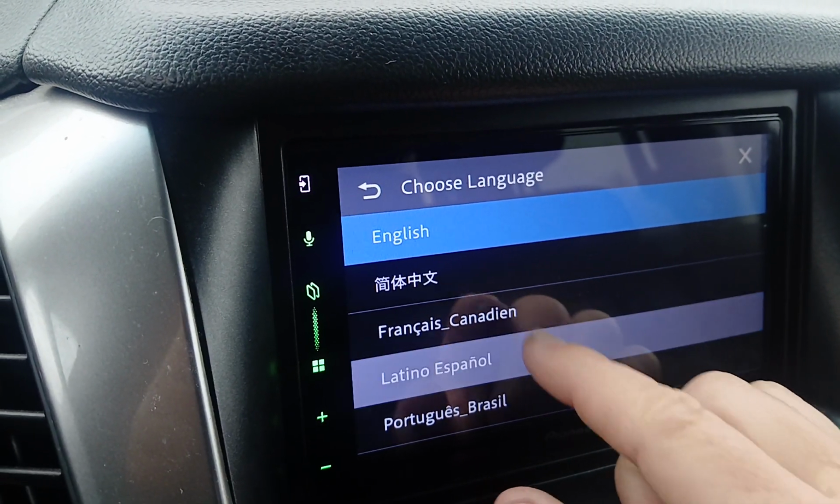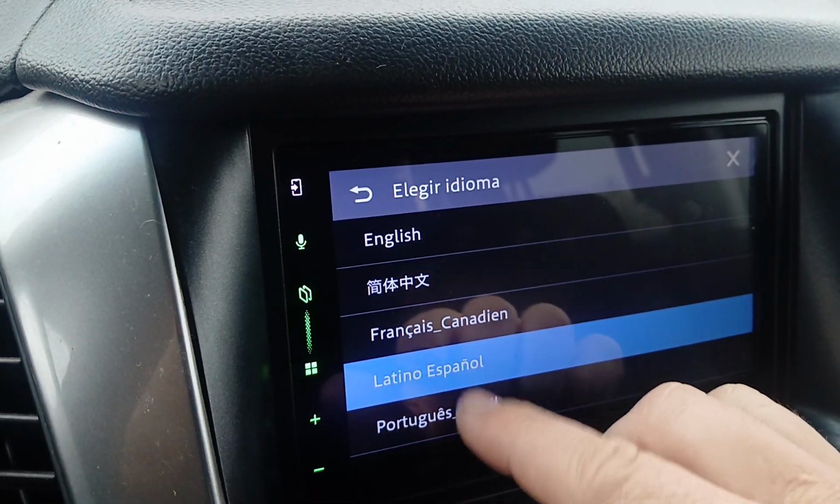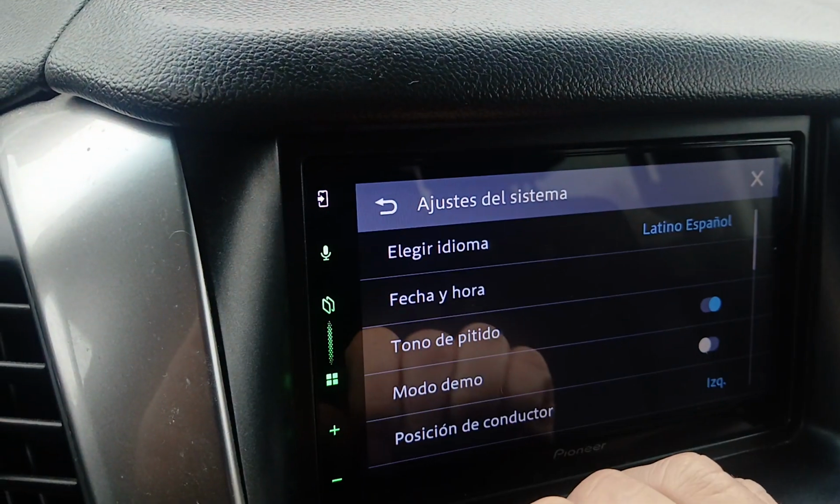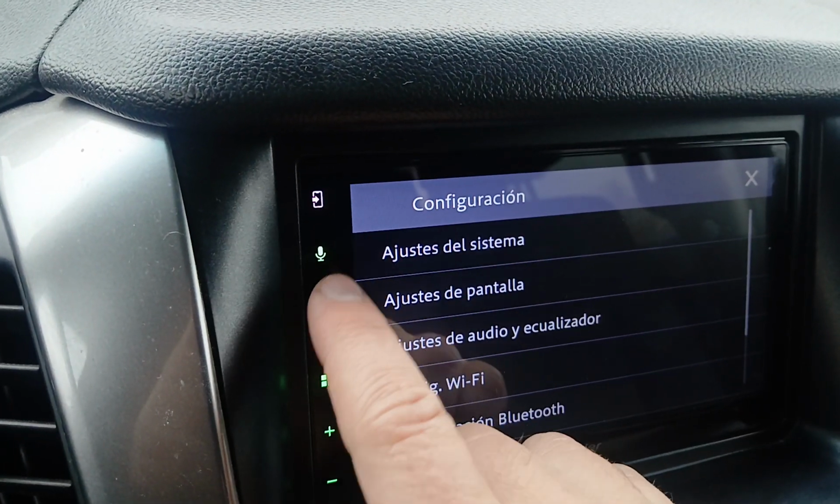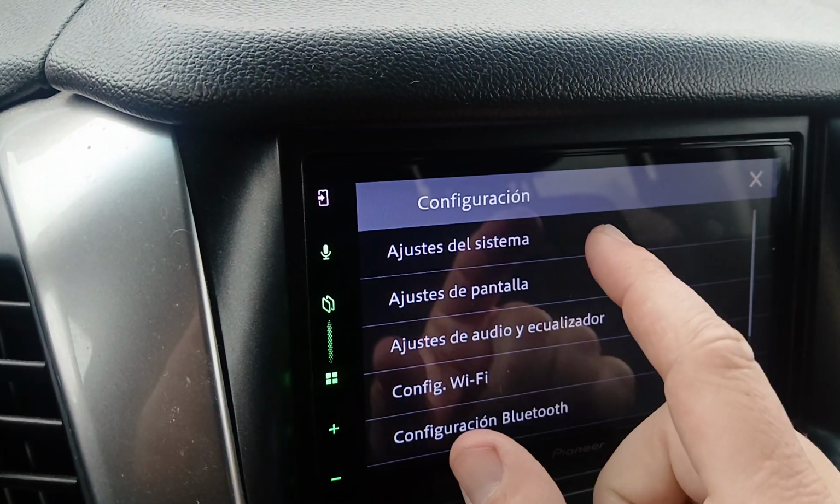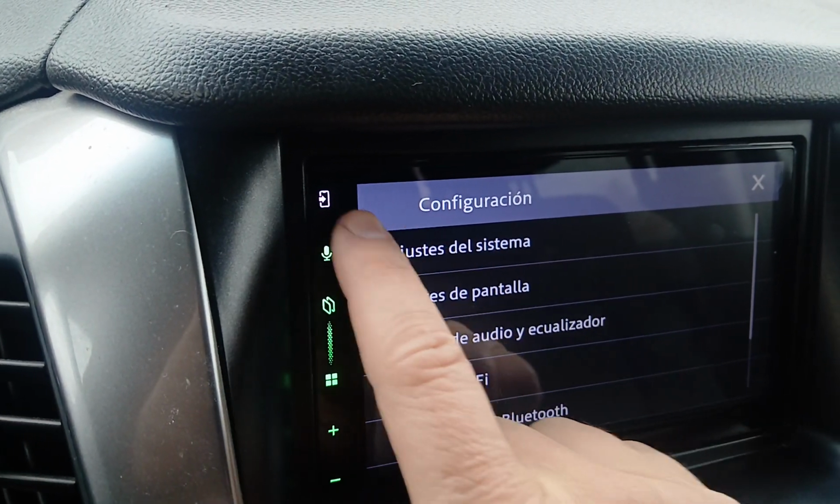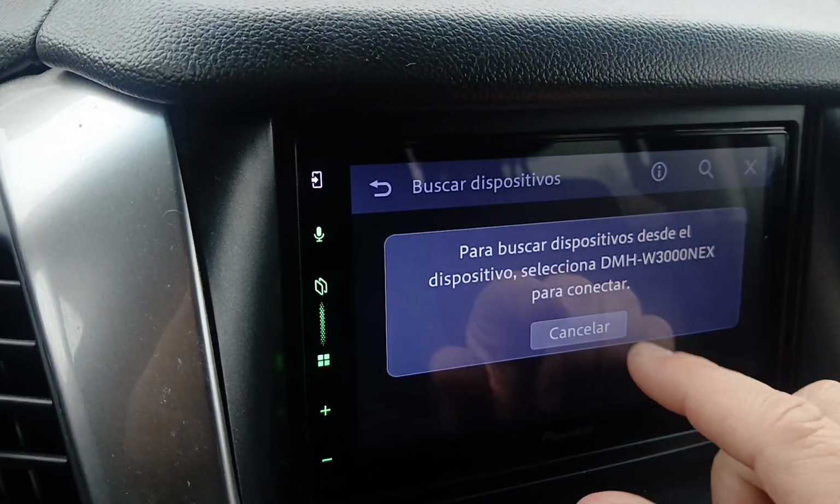Let's say we want Spanish. Once you select that, it automatically changes it. So there's nothing else you have to do at this point. So that's it. And I'll go ahead and show you from the main screen